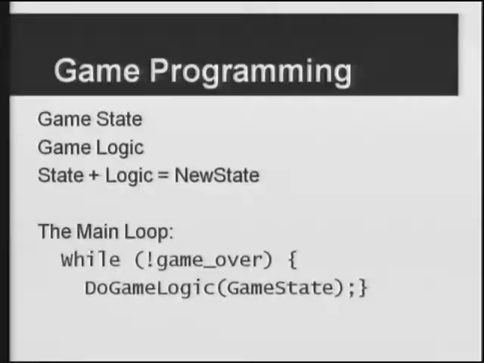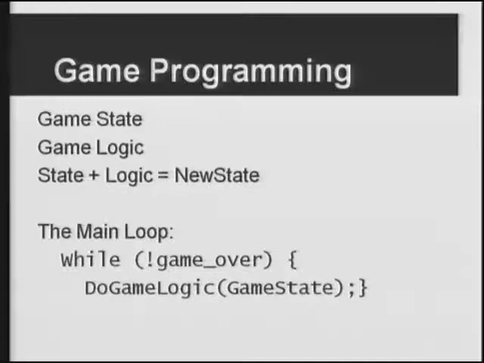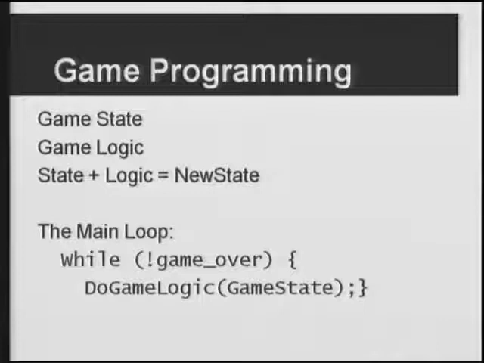So there's a big loop that controls the game. And it's basically what you see there. While the game is still running, or while the game is not over, it applies the game logic to the current game state and generates the next game state. And this happens typically 30 times, 60 times, 120 times per second, very, very rapidly. So you have to train yourself to think in terms of these programs that you're writing basically executing to generate the very next step in the game